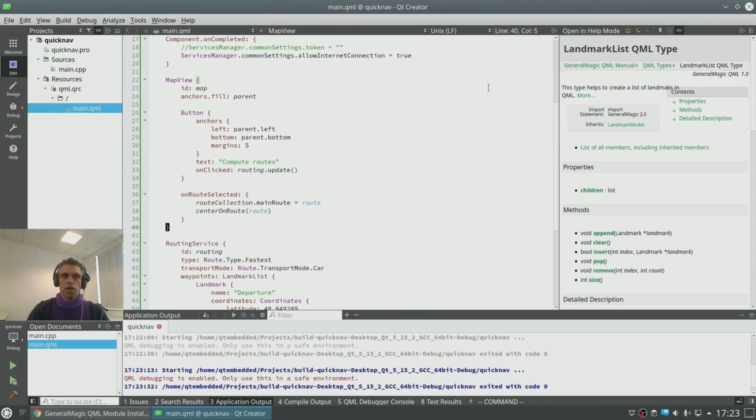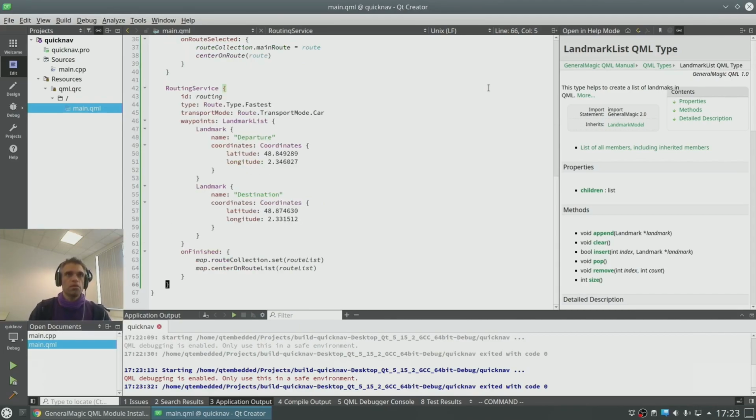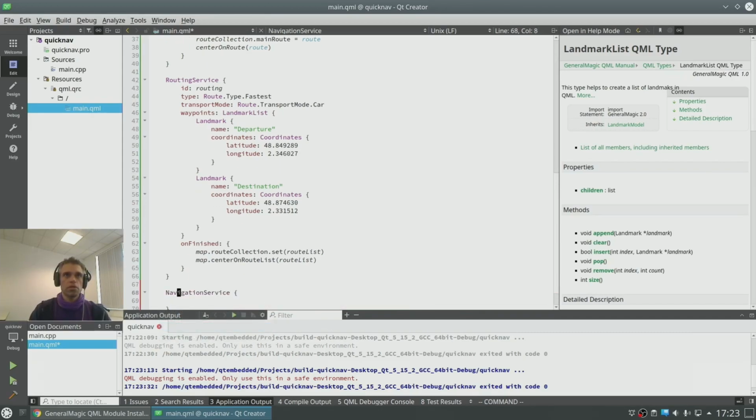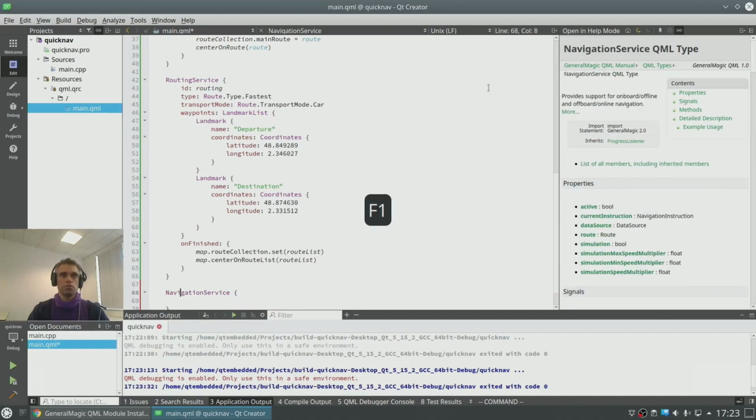Now that we have both mapping and routing, the next part is navigation. So for navigation, we have a navigation service. The context, okay. We just give it a name, navigation.